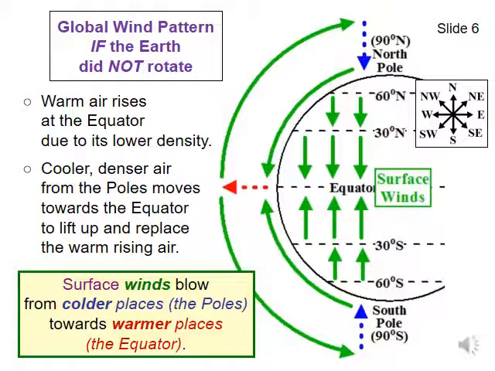The picture on the slide is two pictures in one, in a way. The view is from outer space above the equator. The green arrows within the globe are giving you a bird's eye view of the winds that are blowing over the surface of the Earth. The green arrows show the air over the ocean moving from the poles to the equator.